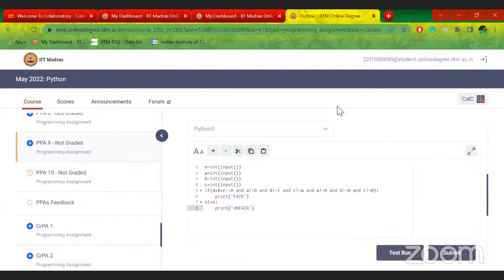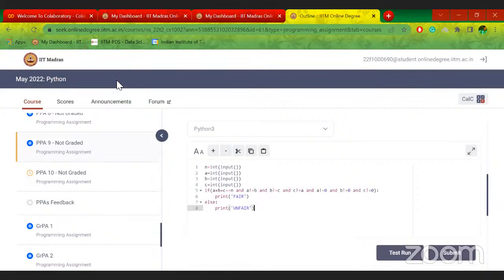This is okay as long as you're using a single if-else statement. Whatever solution you have should be good enough. You should not make it unnecessarily complicated, because then it will be difficult for you to check back and see where the error was. In this case, you can just find out where the error was. It's easy. If you wrote so many if-else statements, then it will be difficult to track.